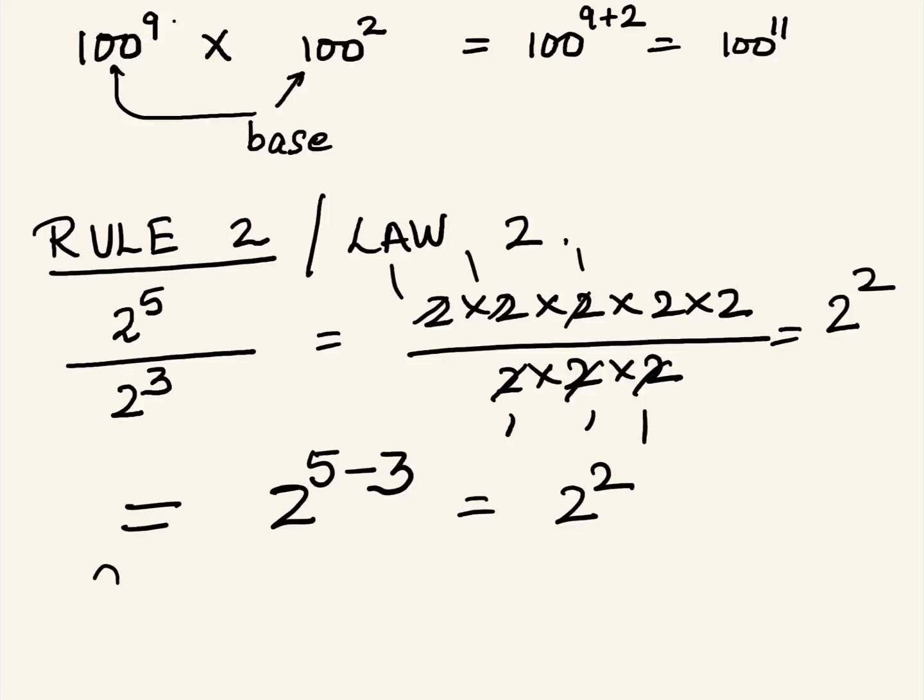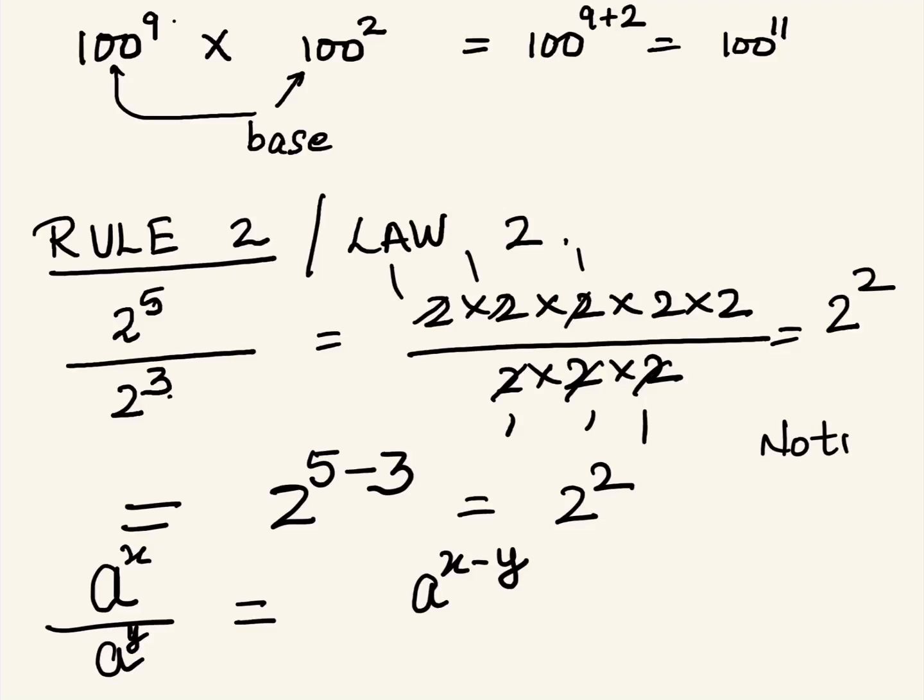So what rule can we write? If I have the same base for the numerator and the denominator, with any value of the index or the power, then the powers, or the indexes or the exponents, get subtracted. The top minus the bottom power. Are you noting it down? There is no point just in watching the video if you don't do it with your own hands, because I'm going to give you a question to solve.